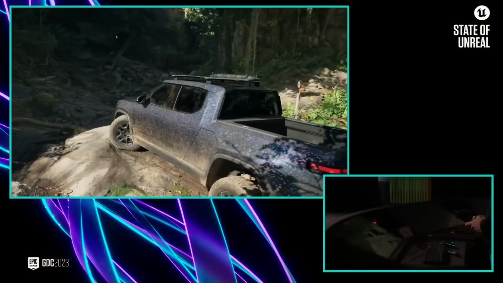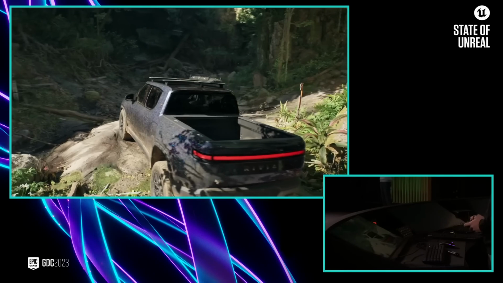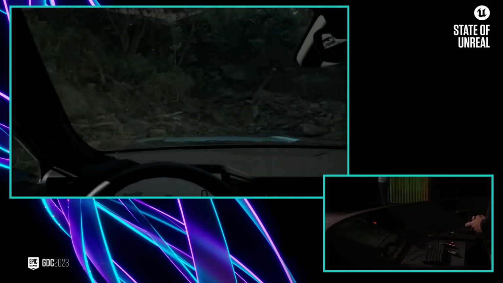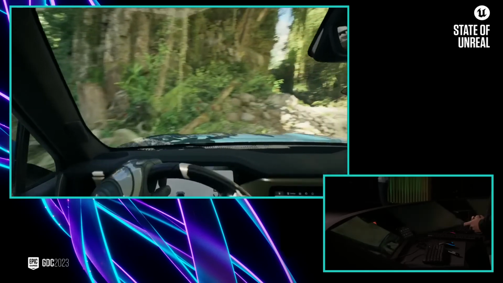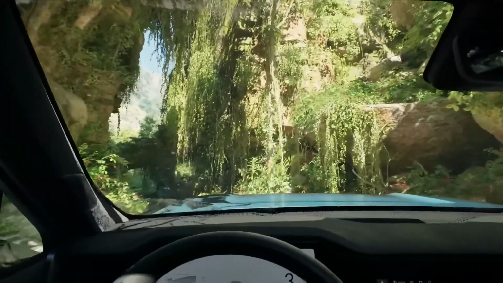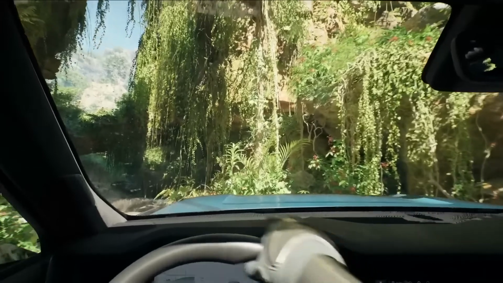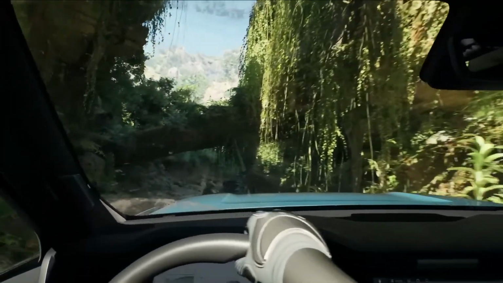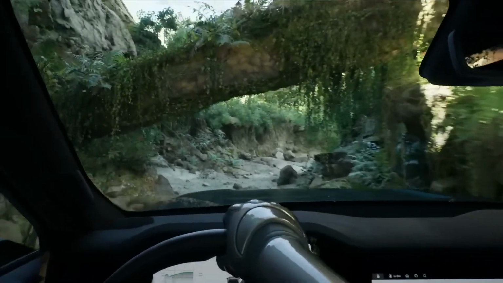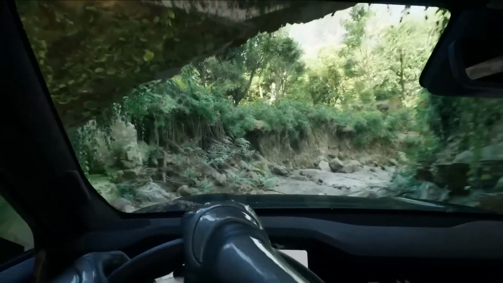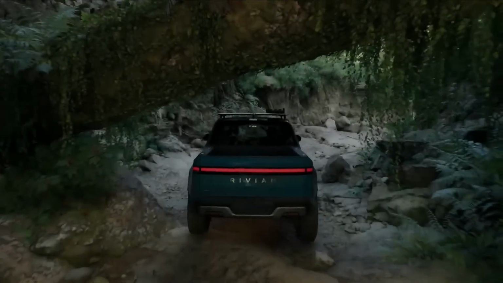All right, let's head on out, Jacob. On my way. In terms of performance, Substrate materials that are similar to the current Unreal Engine shading model cost about the same. But now, artists have the freedom to author more complex materials for extremely detailed use cases, like in cinematics and in film. So we're going to drive under this fallen tree here, and everything that you've seen up to this